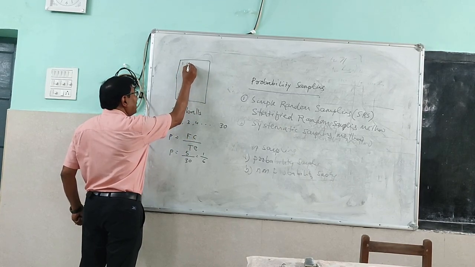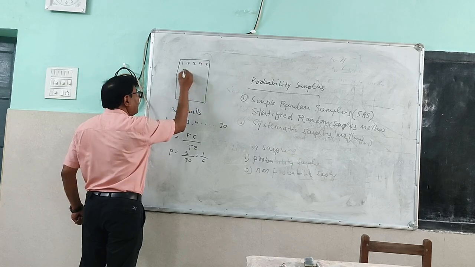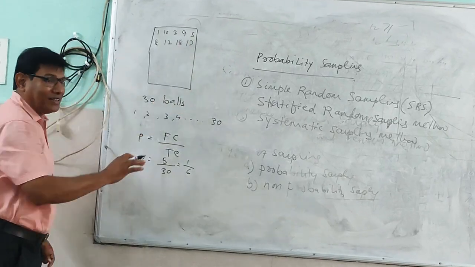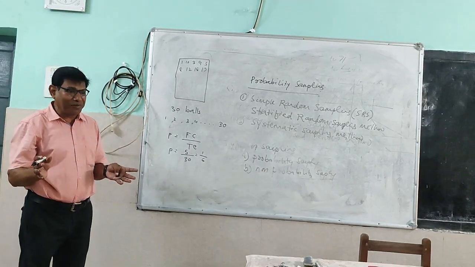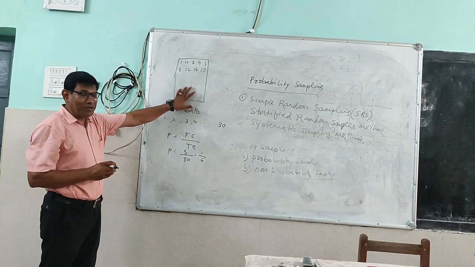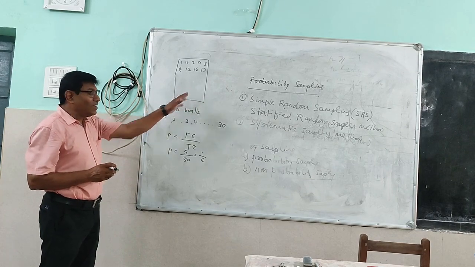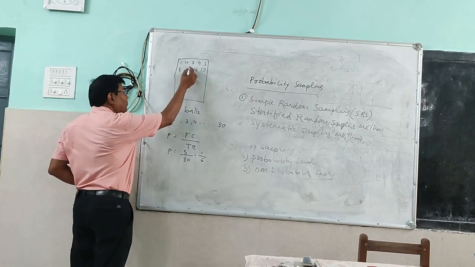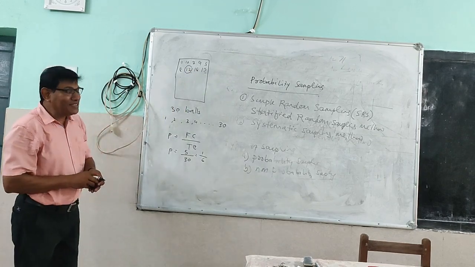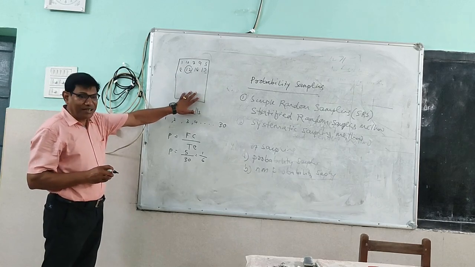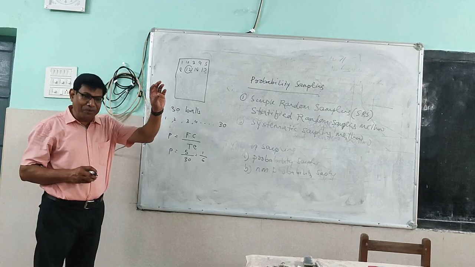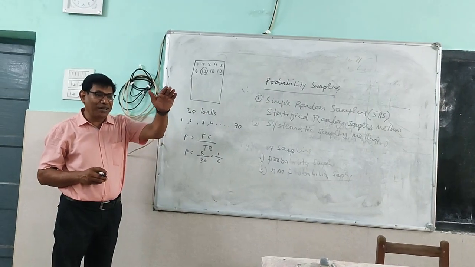Numbers will be 1, 10, 3, 9, 5, 8, 12, 18, 17. So randomly it will be written. There is no cutting. Nobody knows how they are written. Similarly, 1000 numbers in this way. Suppose you want to select 5 samples. So select any sample as the first sample, then continuously 5. That means there are different arithmetic numbers written on a piece of paper. The first sample you select randomly at any point, then serially you collect 5.